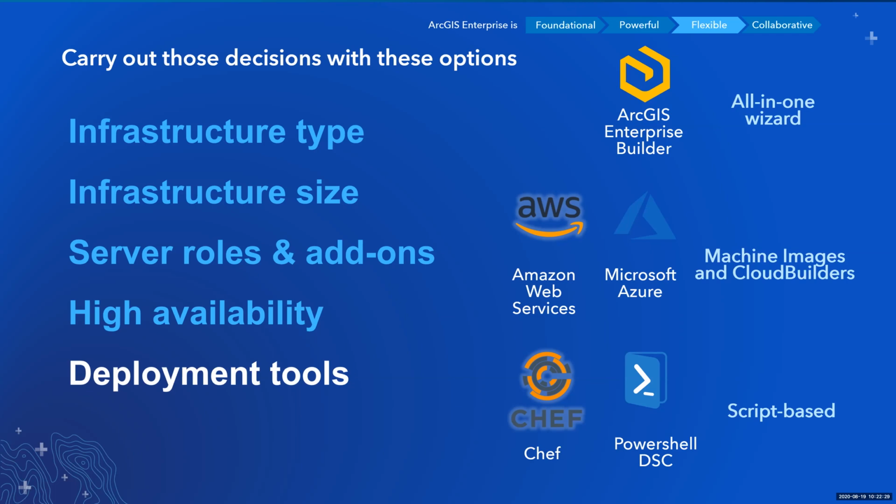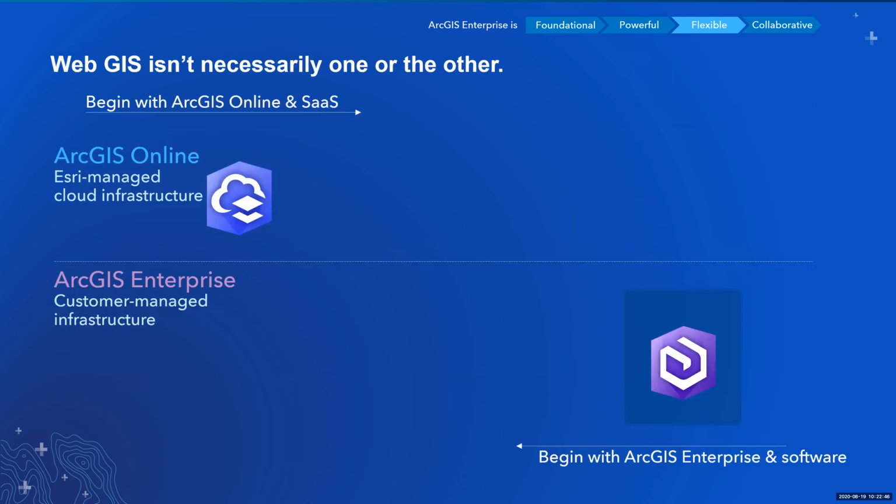There's also some more script-based tools. Chef is becoming more and more common way of deploying ArcGIS Enterprise. It's a script-based tool, so if you're deploying it over and over again in an environment, then that may be something certainly worth utilizing. But the thing about ArcGIS Enterprise, and this is really, I think, an important concept, is a lot of times people position, and we do it too, position ArcGIS Online kind of against ArcGIS Enterprise, but they really